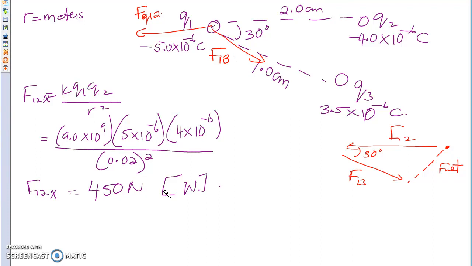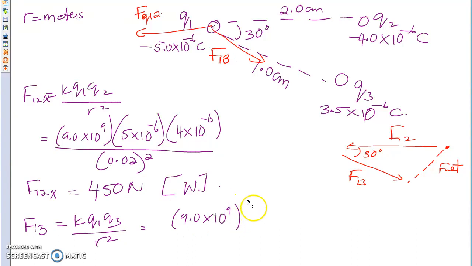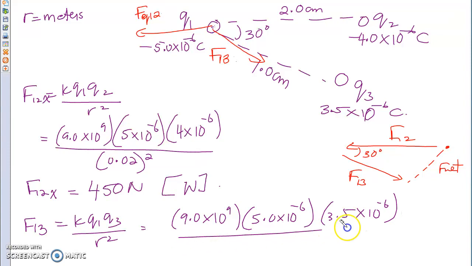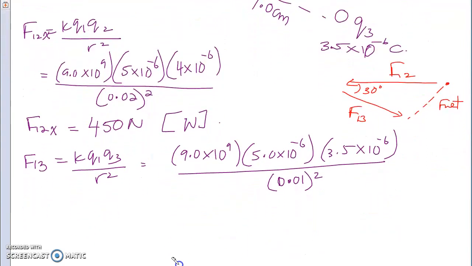Okay, so the next thing that we're going to do is figure out what my F13 charge is. So my F13 is again k Q1 Q3 divided by r squared, and that's going to be 9.0 times 10 to the 9, Q1 is 5.0 times 10 to the negative 6, and then 3.5 times 10 to the negative 6, divided by 0.01 squared. It's 1 centimeter. And what do you get for your F13? So 1.5